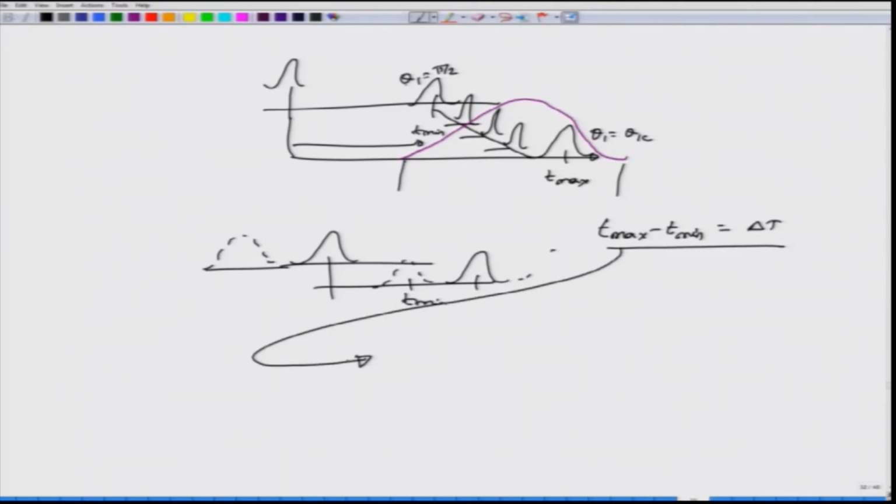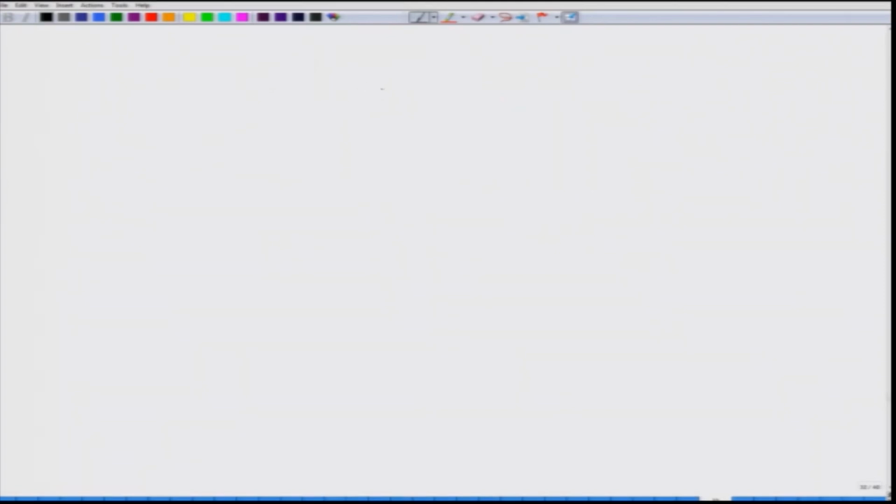So, this is the pulse broadening that you are going to obtain, and you can actually substitute for the expressions of T max and T min and find out the expression for delta T, which turns out to be N1 L by C times N1 by N2 minus 1. So, I am going to rewrite this one as N1 L by C times N1 minus N2 divided by N2. Okay. So, this is the expression for the amount of pulse broadening delta T,